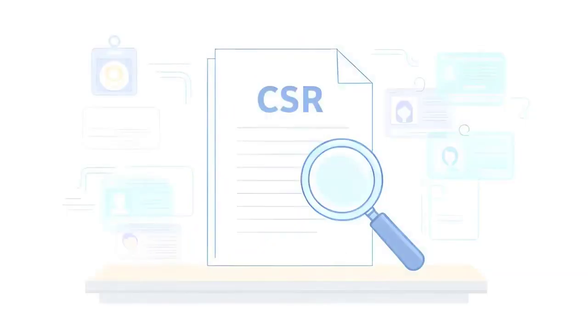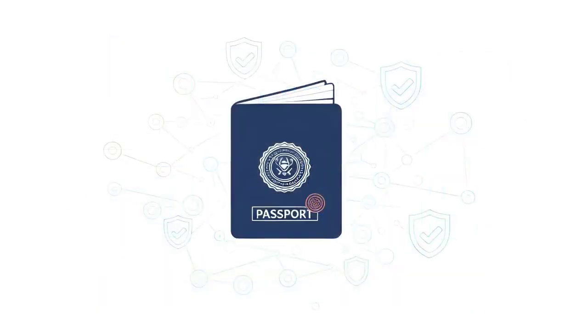To establish trust, an entity generates a certificate signing request, or CSR. This file contains the entity's public key and identity information, serving as a formal application to a certificate authority for validation. The certificate authority validates the request and issues an X.509 digital certificate. This certificate acts as a digital passport, cryptographically binding an identity to a public key and providing a verifiable proof